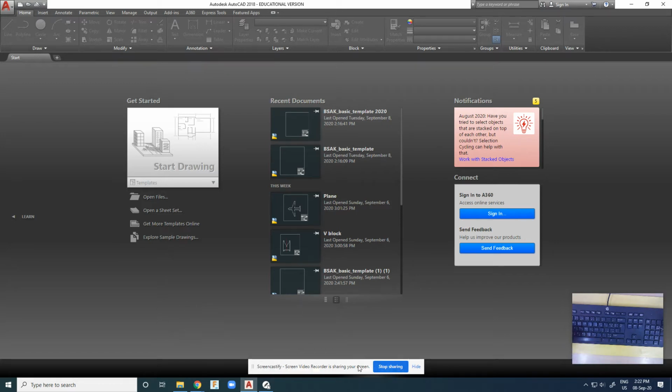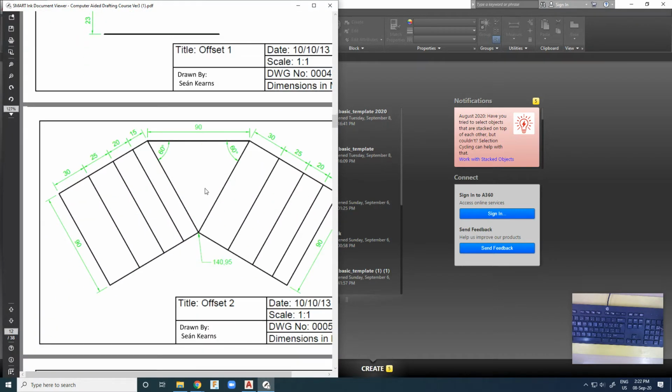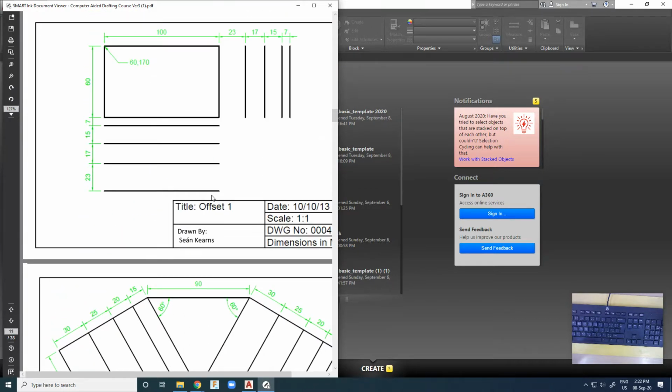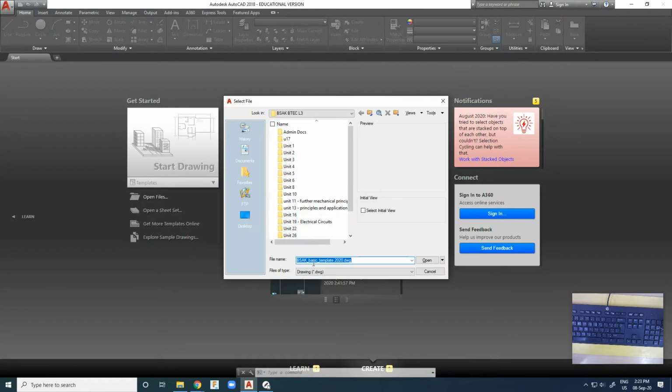Okay, so in this lesson we're going to look at using the offset tool, which is quite handy for creating parallel lines as and when you need them. So we're going to do offset 1 and offset 2 in this one video, so it's a 2 for 1 basically. So we're going to open files and open up your